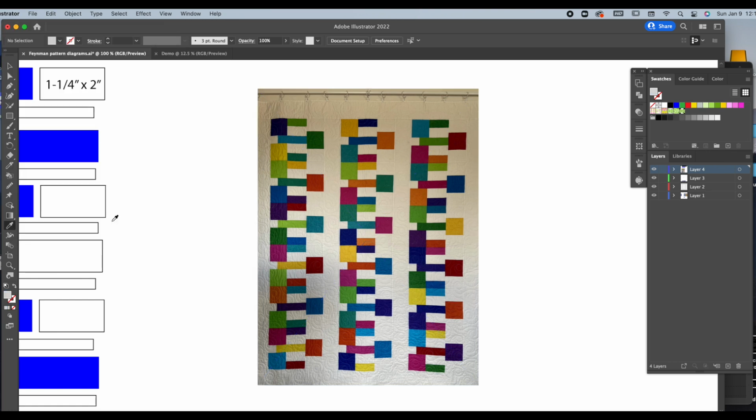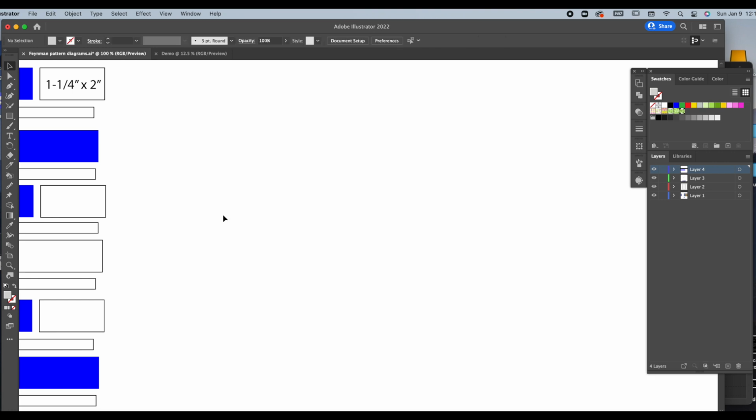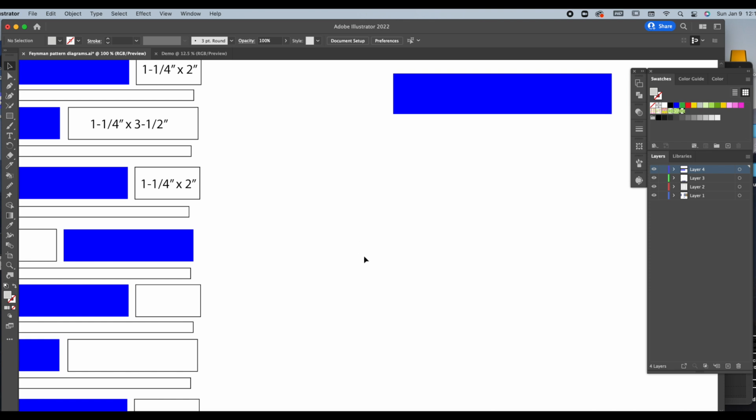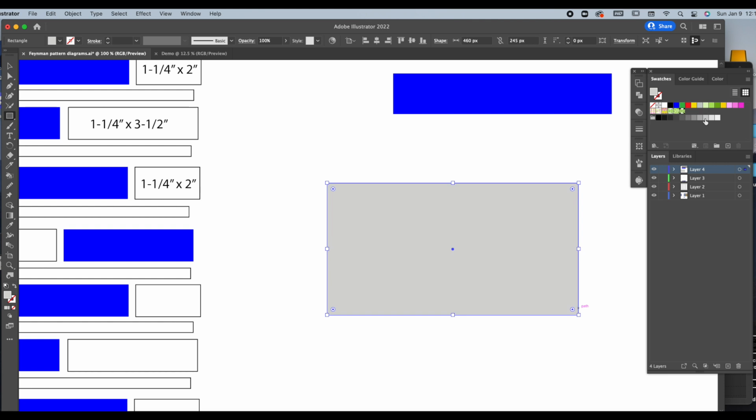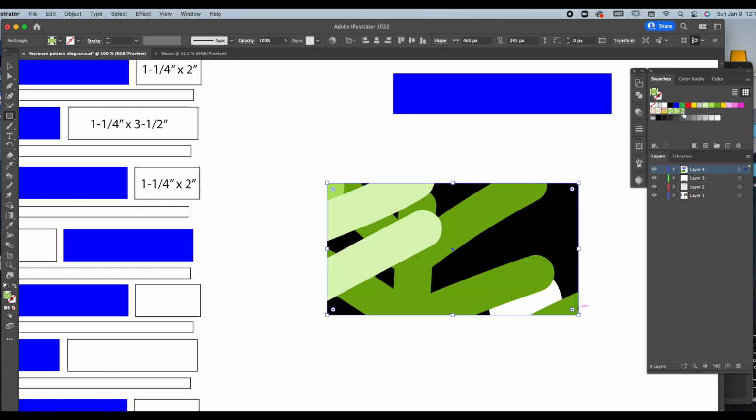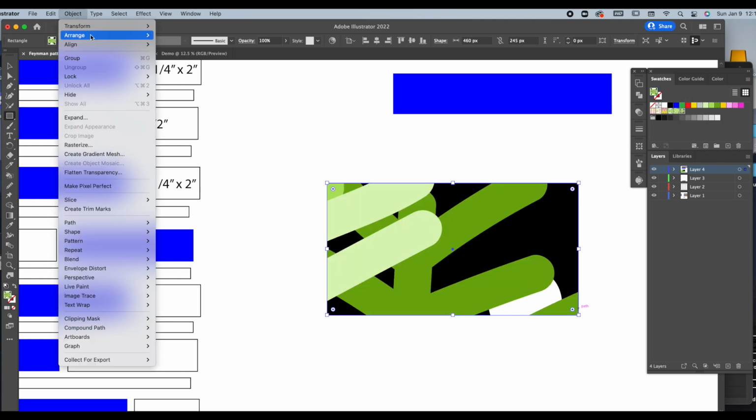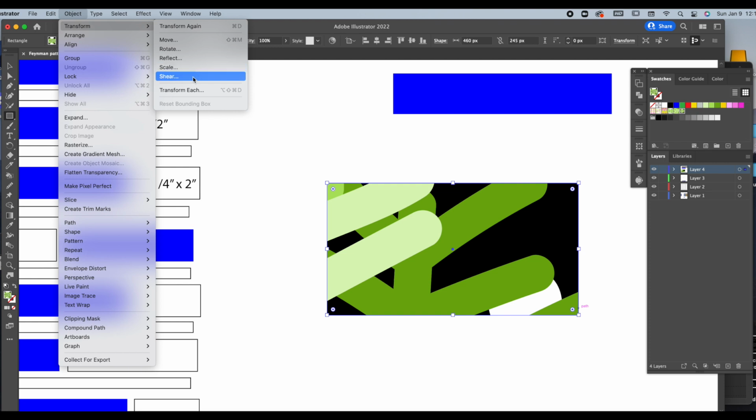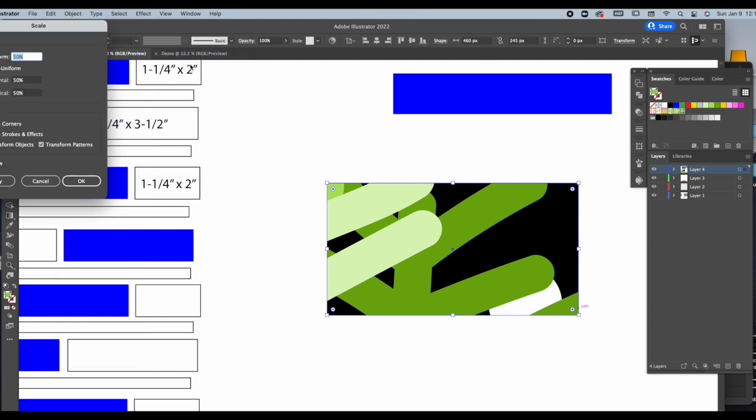I can also, this might be of minor interest, but I'll show you anyway. I also design fabric, and I can fill a shape with a design that I've created. And you could do this with any pattern. So this is one of my designs from my mod holiday, and I can scale this down to size. That obviously is much too large for